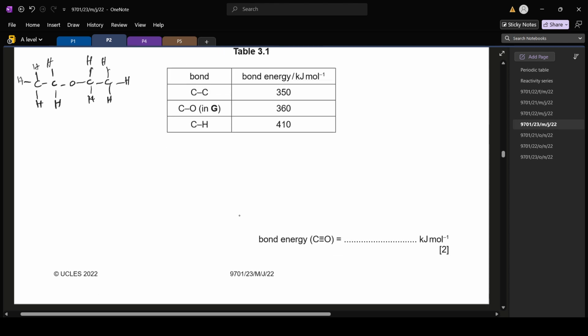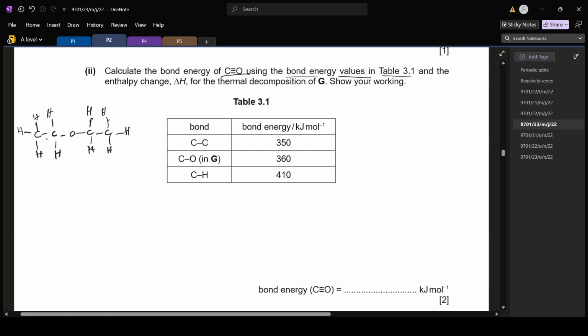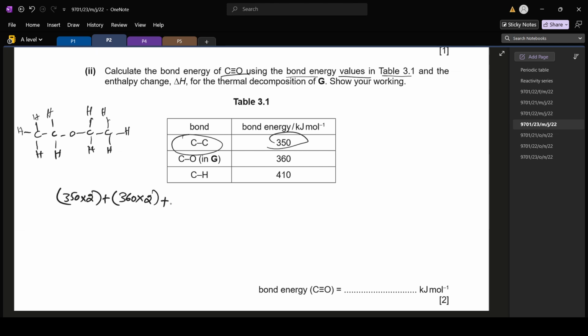In the ether we have two carbon-carbon single bonds, so 350 multiplied by 2, plus two carbon-oxygen single bonds, so 360 multiplied by 2, plus 10 carbon-hydrogen bonds, counting 1 2 3 4 5 6 7 8 9 10, minus